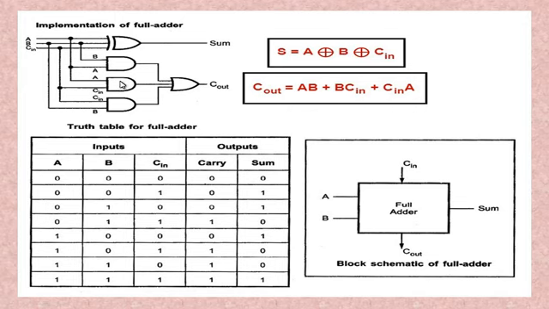Okay. And similarly here the carry out is AB plus BC plus CA. All these three AND gates are used and their outputs are given to this OR gate. Therefore this OR gate will give the sum of all the carries. Okay. In this way, this is the working of full adder. Now, in the next topic, we'll see 4-bit binary adder. Let us see how this 4-bit binary adder works.